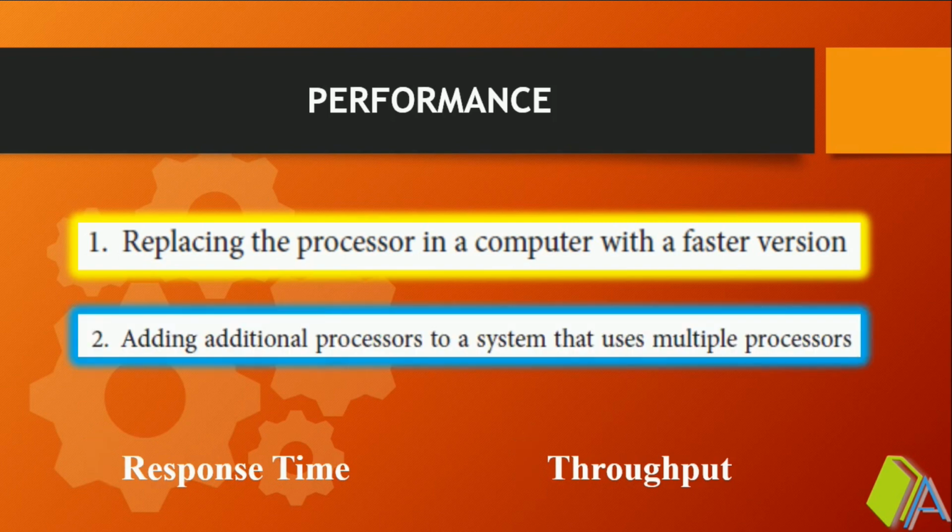The second scenario is, I'm not going to replace the processor. I'm working with the same i3 processor, but I'm going to use multiple i3 processors inside the same system. Now I have to check what is happening to the response time and throughput. In this case, I didn't even change the processor. The same processor has only been replicated or duplicated, so many processors of the same type are used. Response time of the processor is nowhere changed. But as it can parallelly take on multiple tasks, obviously throughput will increase in the second scenario.